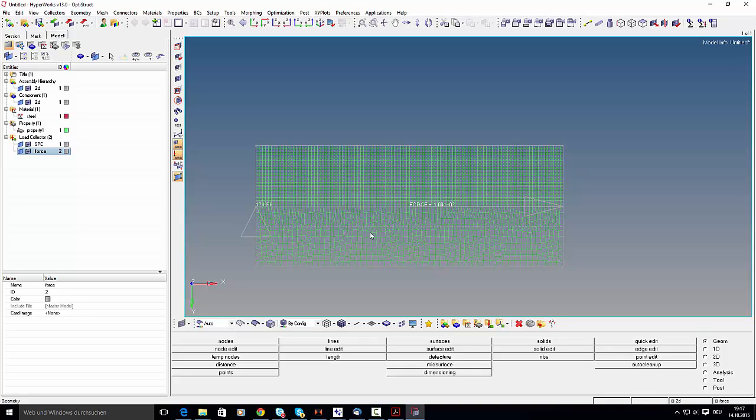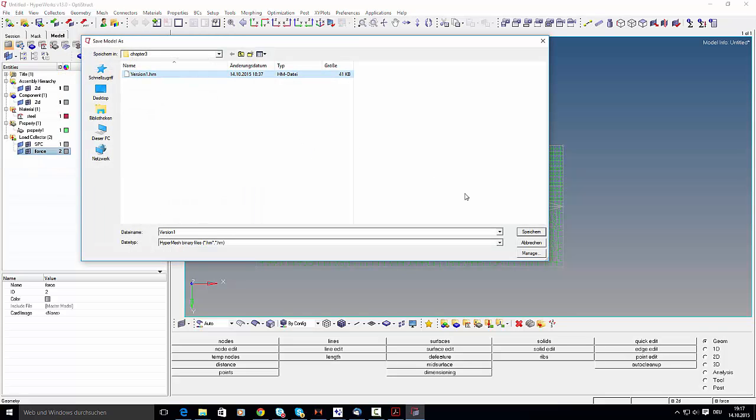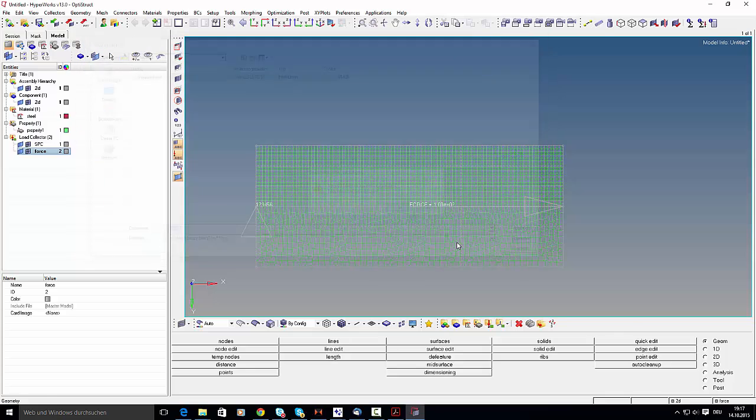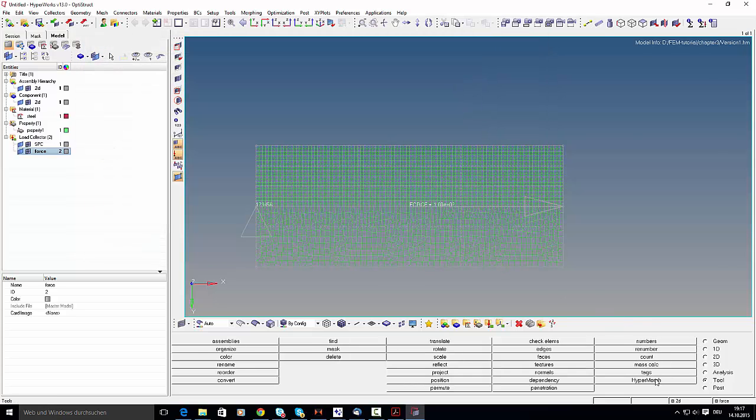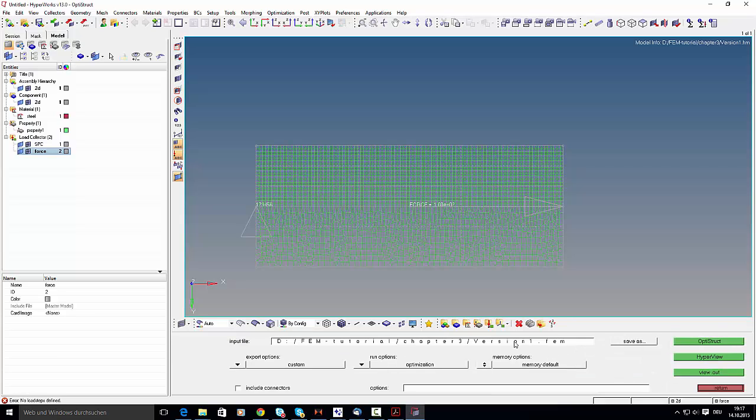And now we are going to solve it. So first we are going to save it, file, save as model, Chapter3 version 1, and now we're going to tools, analysis, OptiStruct. Oh, do you see it here? Error, no load step defined. So we are going to set up, create load steps,